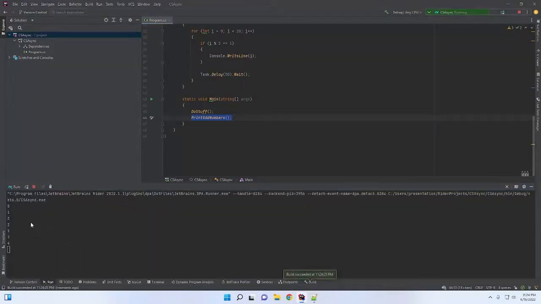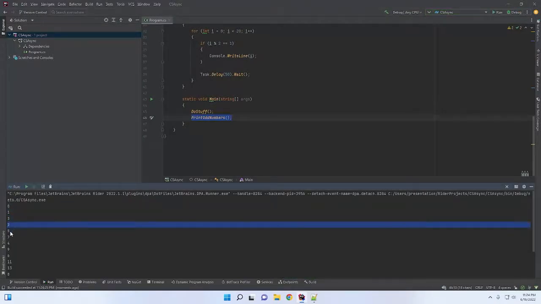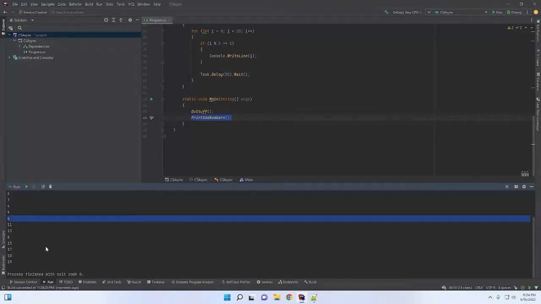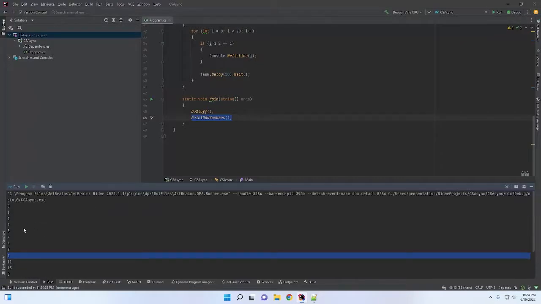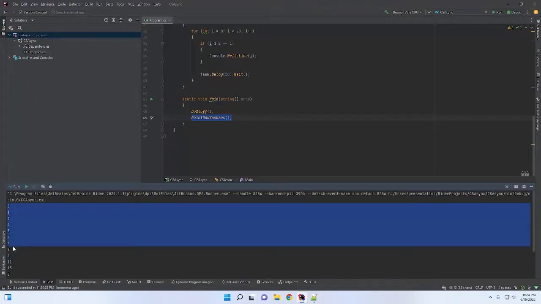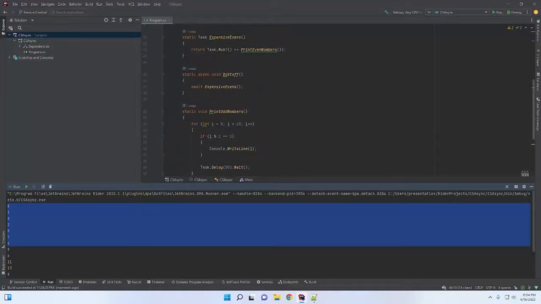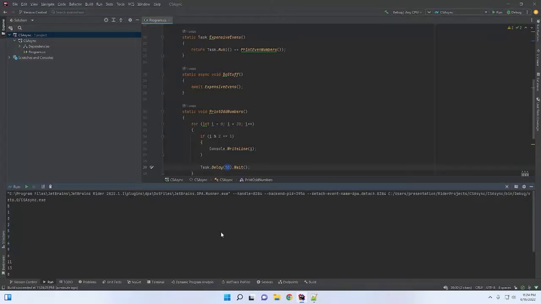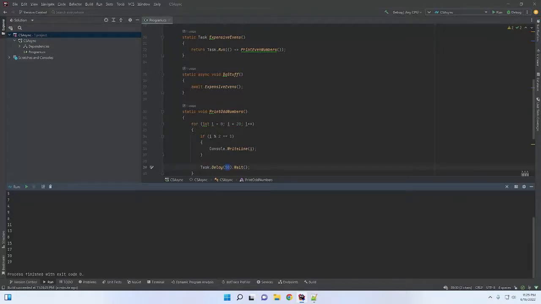time. So notice that now when we run this, we're getting 0, 1, 3, 2, 5, 7, 4, 9, 6, 11, 13, 8, 15. Notice that we're not getting all the even numbers and then all the odd numbers. We're getting them mixed in between each other. And the order of this is relatively repeatable, but if you happen to modify the delay that you have in each of these, then the order will change, because as an even number is printed out, an odd number may get printed out next, or it may be another even, or something along those lines, depending upon how you adjust